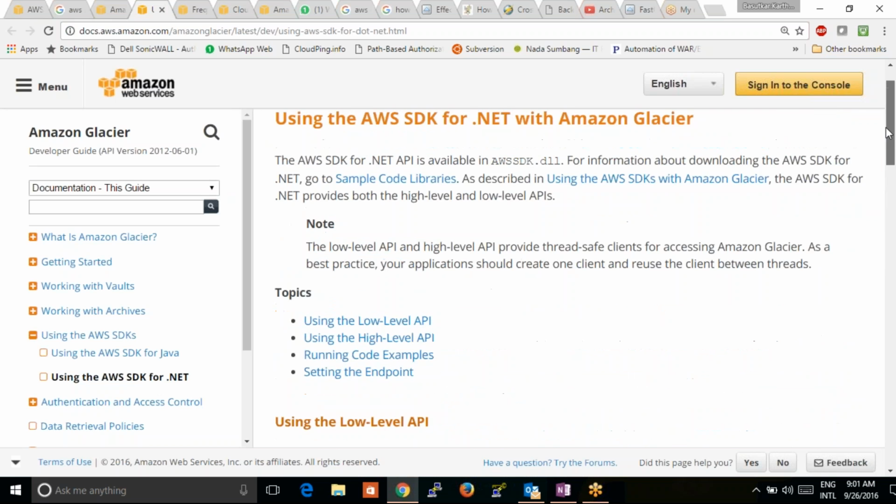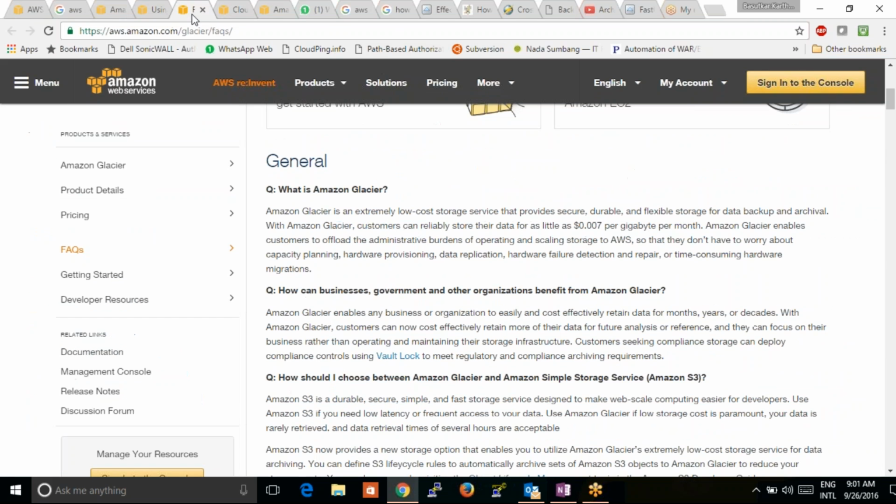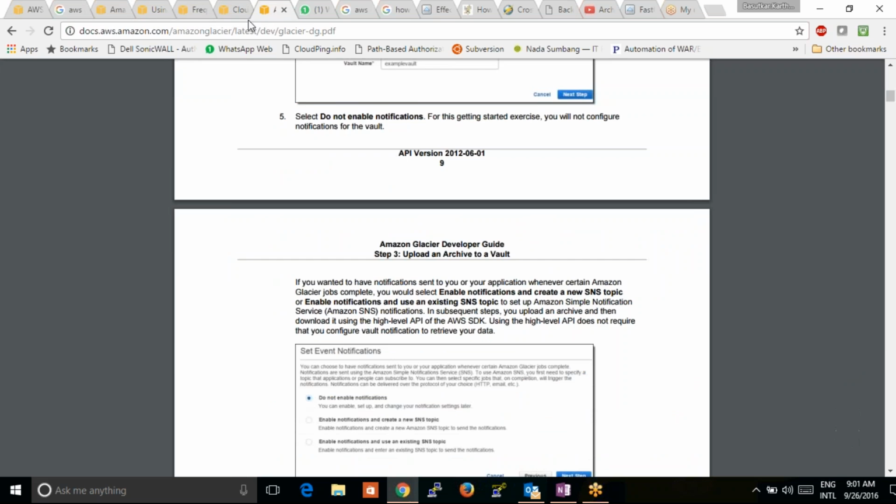Uploading this can be possible through GUI mode and the CLI mode. Through GUI, use the web console, I mean to say HTTPS. Through CLI, we can do these uploads through Java and .NET programming languages. So when you search for the AWS Glacier service documentation, you'll get a direct documentation saying that